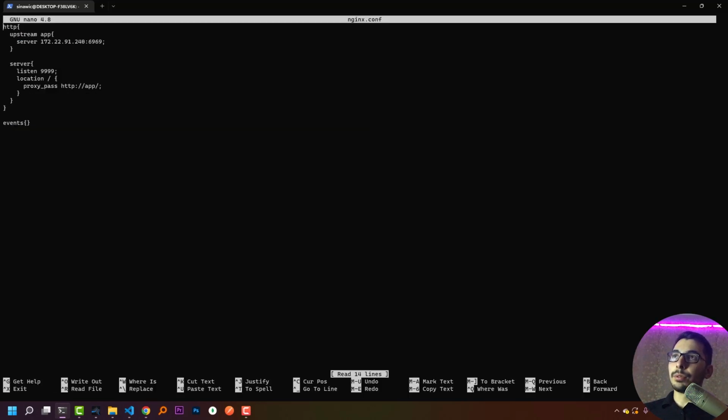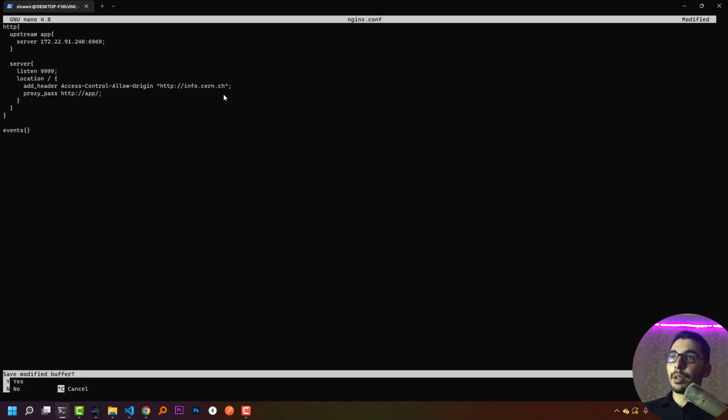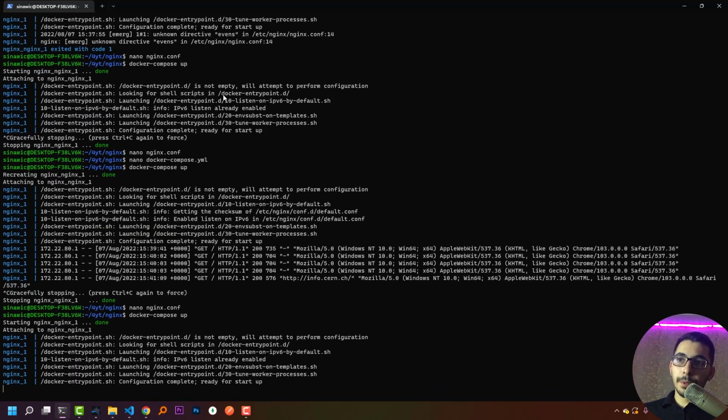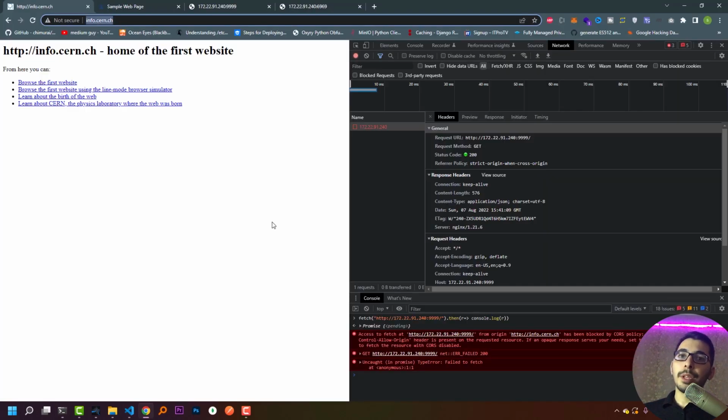I'll nano the nginx.conf, and in the proxy pass section I'll add a line. So basically in here I'm adding a header which is Access-Control-Allow-Origin, and I am passing the website that I want to allow the requests from. So if I hit Ctrl X, Y, enter, I'll run docker compose up, and if I try to make a